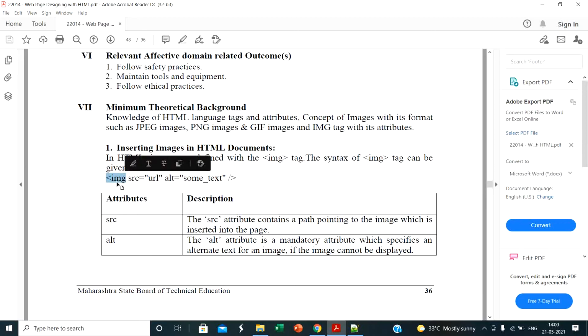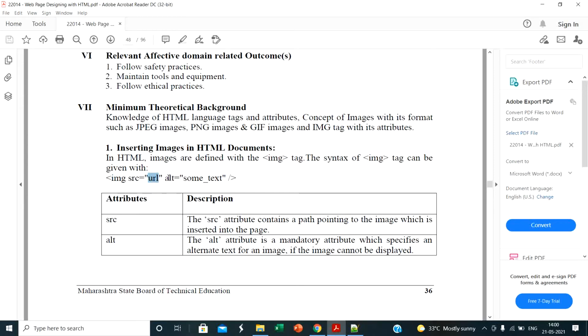Here we open the IMG tag. Next, one attribute is SRC, that is source. In that source we pass the URL. URL means we can pass any URL or the path where our image is present. That is, the path of the folder where you have kept the image, with its name, and if you take the image from a website, then the path of that website. We will see that in the demonstration. Remember, for source, what you have to pass is the path of the file.